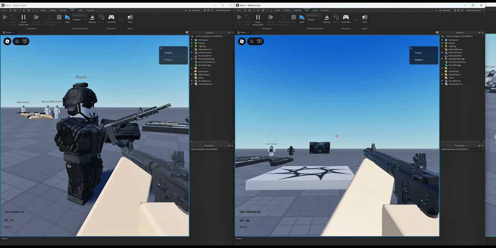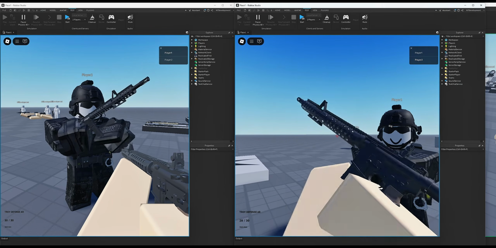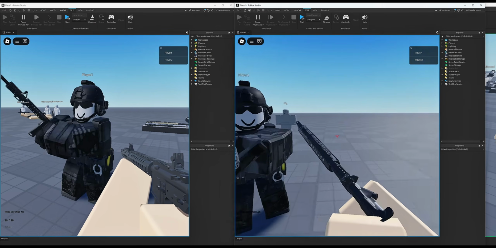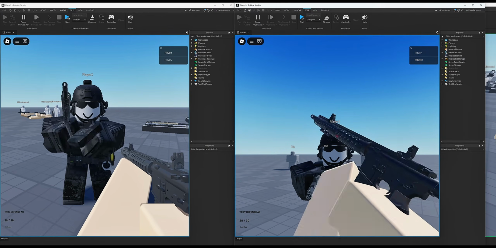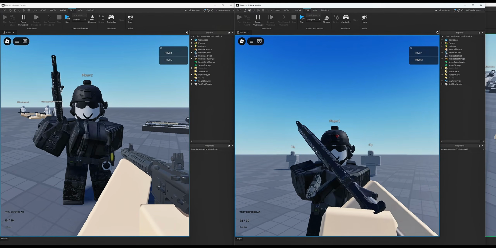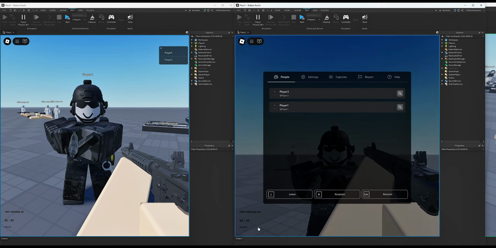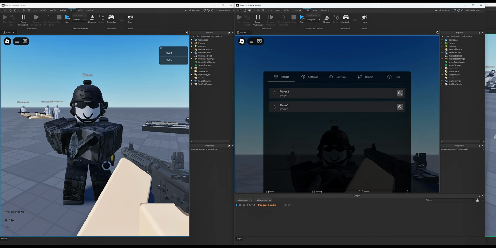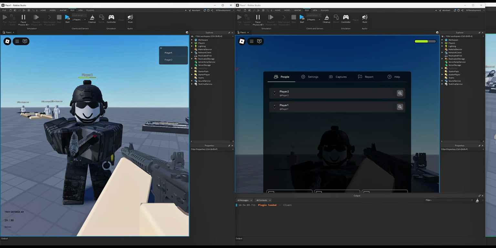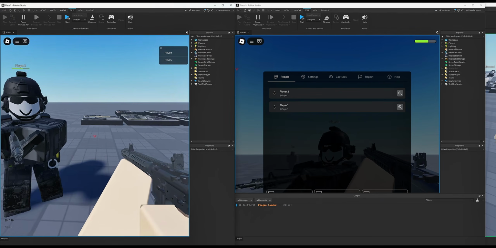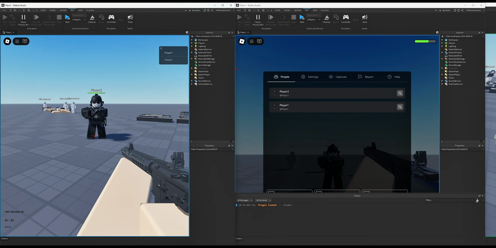So shooting obviously works, but then when I click reload, as you can see, the animation runs perfectly. Let's see if I can do it again. So reload, he reloads perfectly, and there shouldn't be any errors or anything like that. As you can see, there isn't any. Yeah, so that's basically how you would go ahead and add animations to your server side of the actual FPS